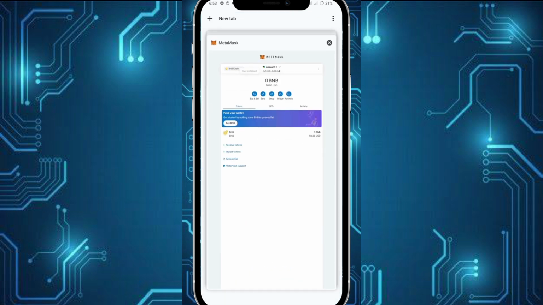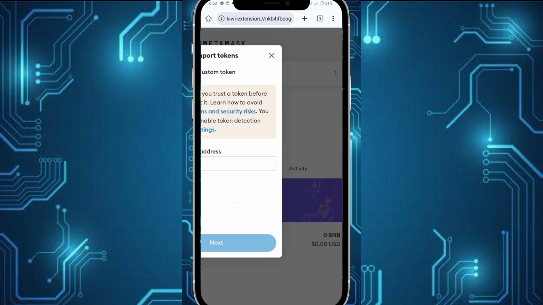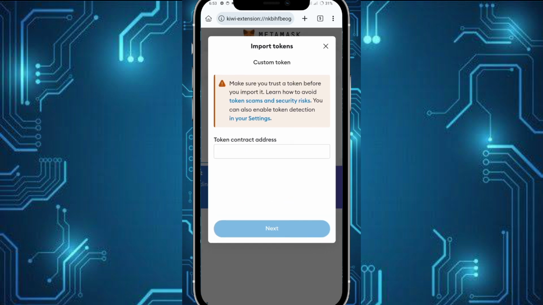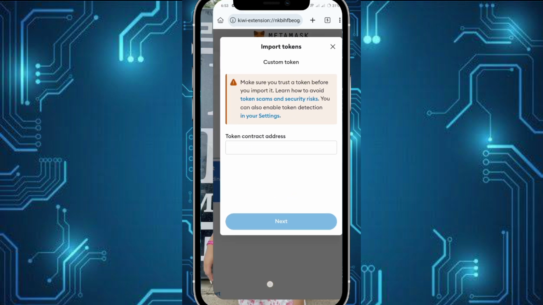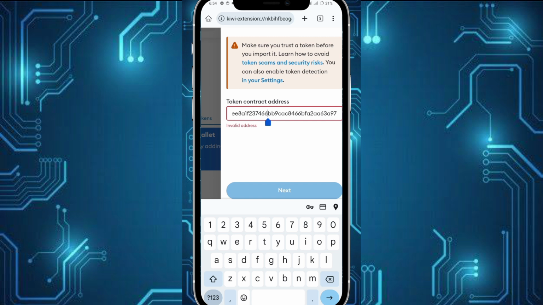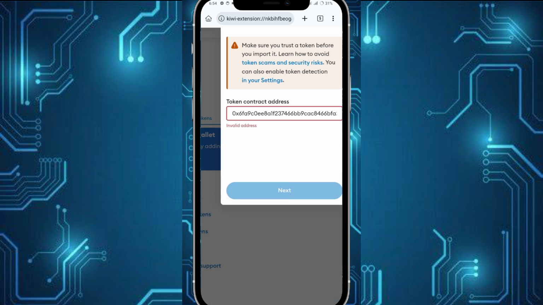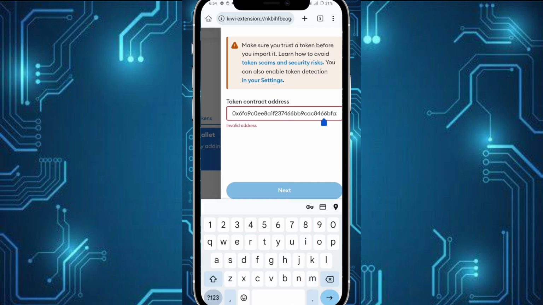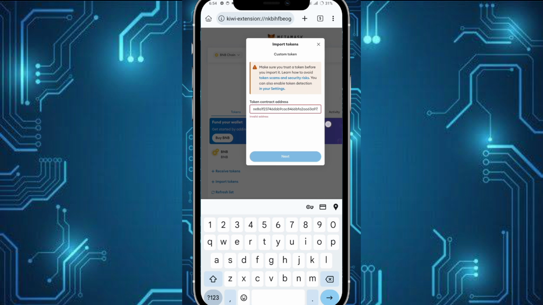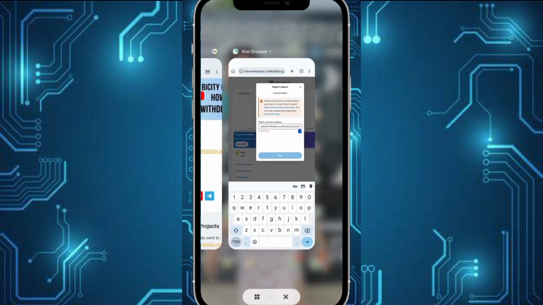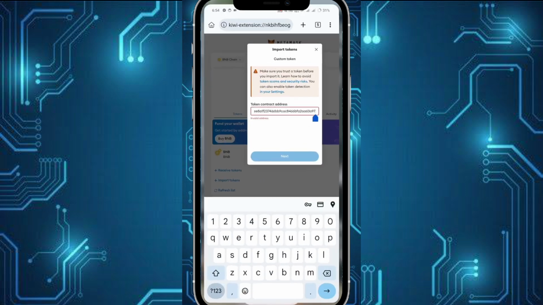And the last step is just click import tokens and put the token contract address. Here, just paste the contract address.